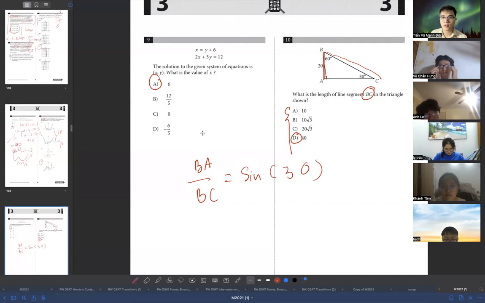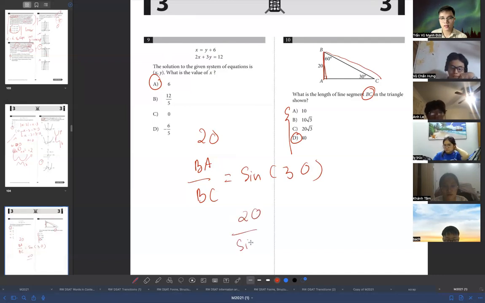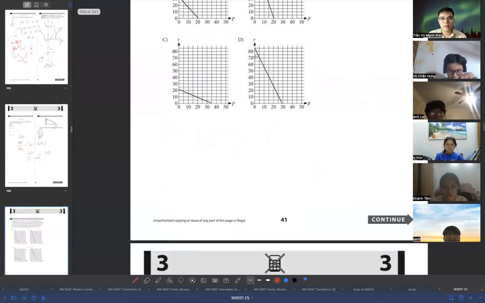So what I'm going to do is use 20. Can you hear? Okay. You can use either sine or cosine, they're essentially the same. BA over BC, and you can very easily calculate BC by dividing 20 over sine 30. That gives us 40, right? Great. Next up is